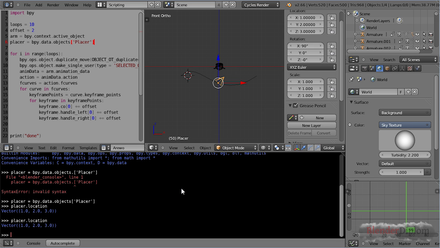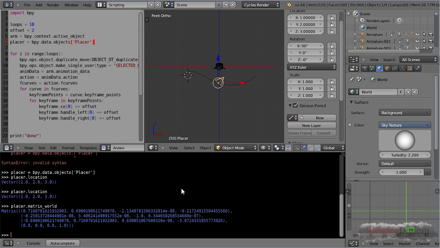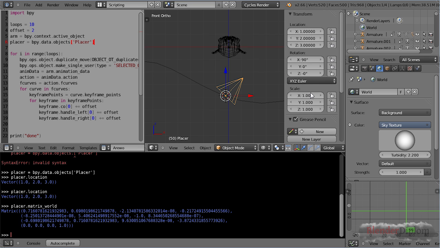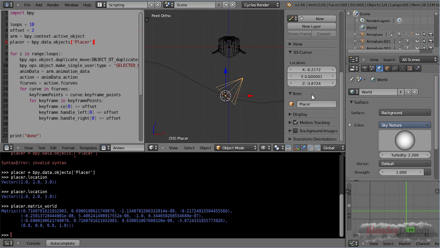What we need is the placer.matrix_world. Now the matrix world is a 2-dimensional array. You can see it has 4 lines in this direction and 4 lines in this direction, so 16 values actually. And we'll have to look for Shift S, cursor to selected. This way, it's just a very quick way to determine where our object's at,